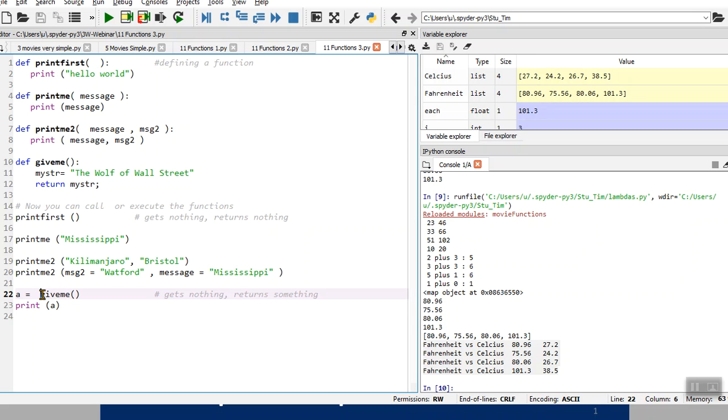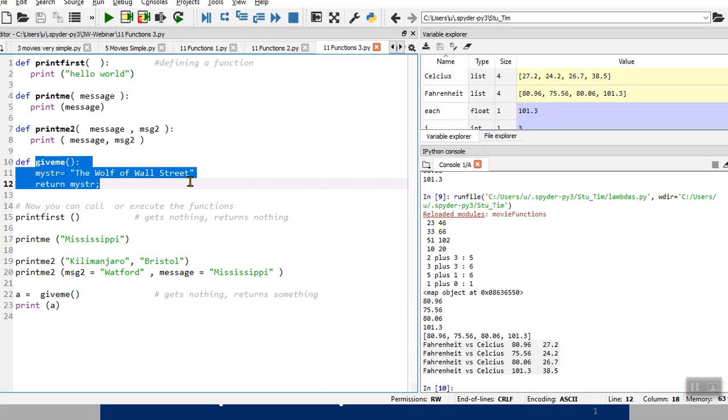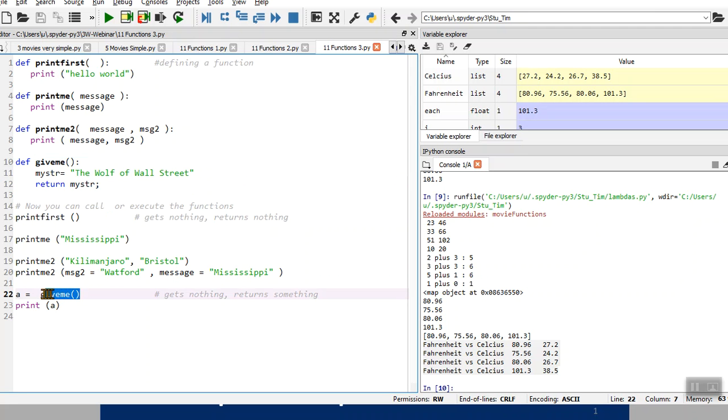Okay, so let's just go again. We'll call the give me function. The give me function will create a value, and then it will return that value. Once it's returned the value, that value now is here at that line where I've called the function from. Now what I want to do is assign that value that's been returned to a variable. So I've got a equals, you can call it anything, and a now saves that value